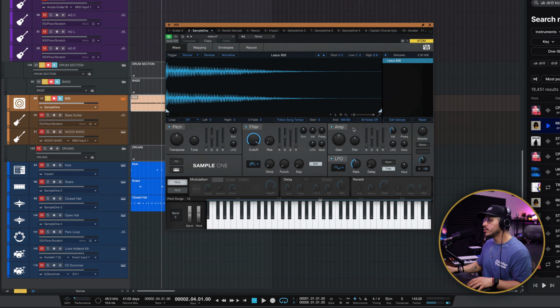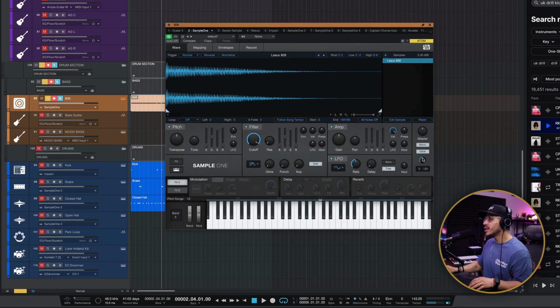Go over to your amplitude section, lower everything down except for the sustain. The sustain, turn that all the way up. While you're here, I also like to turn my velocity all the way up. From here, head over to your master section, turn on mono, and then turn on glide. And last but not least, adjust your glide time to determine how fast or how slow you want that glide